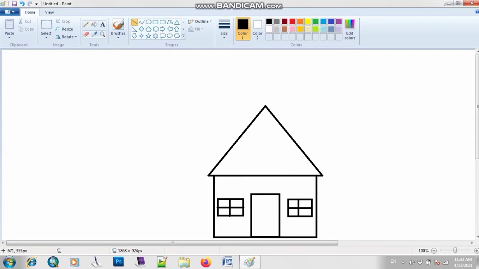Now let me draw some lines over here. Home drawing is basically based on you, what kind of shapes you are using. You have to decide on your own. Now I will choose the line tool and I will draw some lines so that it will look like a hut.